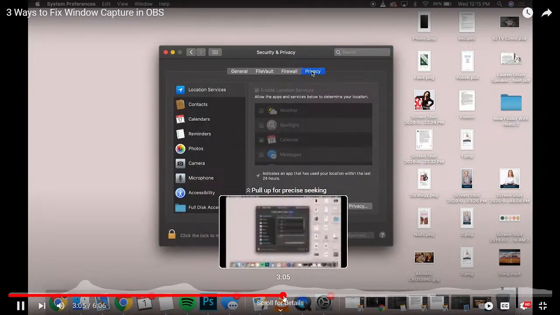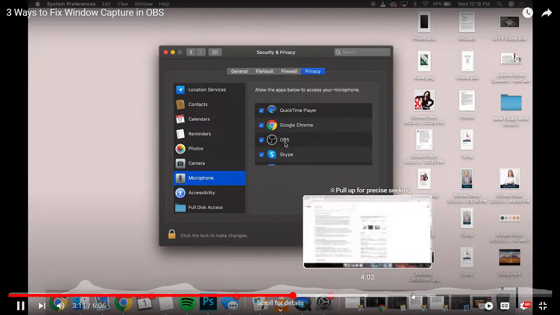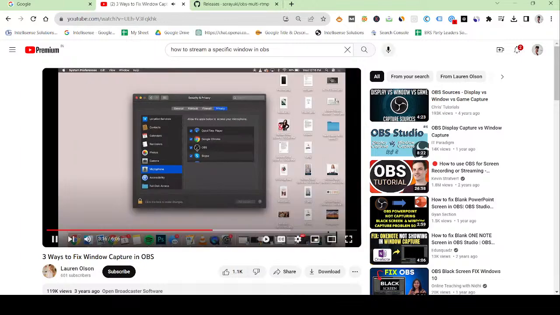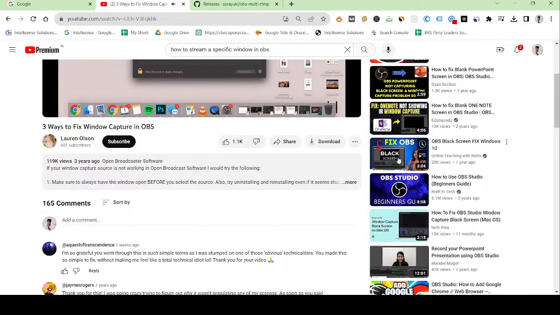Once you are in here, make sure you are under this privacy tab over here, and you are just going to want to come down to, say, microphone. You can see I have OBS given permission, so this is allowed to access my microphone. You're also going to want to